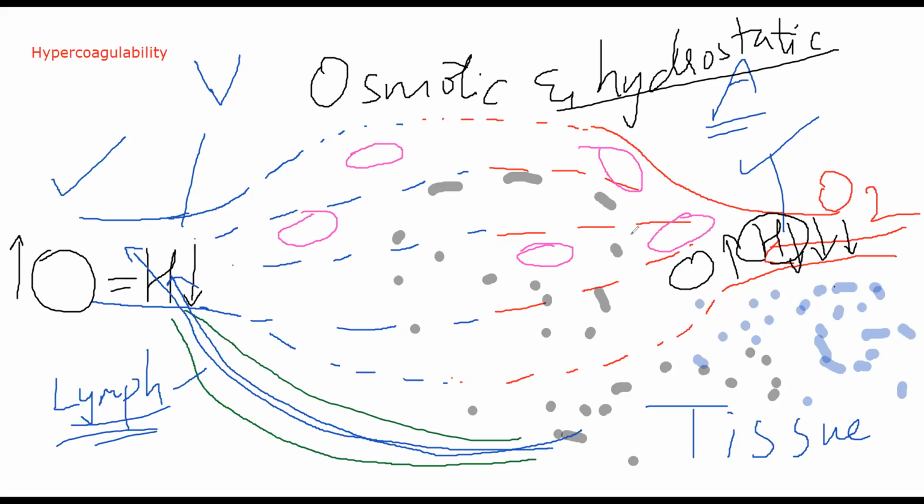Now osmotic pressure heavily relies on the components of your blood to make sure that fluid is retained inside. Okay, you need to have something inside your blood. See, if you remember osmosis, you need to have some solute in a solution so that water can be placed inside it and it can stay there. If there is a significant difference in the amount of solute from one membrane to the other, let's suppose I took a chamber and put 5 particles on one side and 20 particles on the other side, more number of particles. Water will obviously move from A, which has fewer particles, to B, which has more particles. Water will move from A to B.